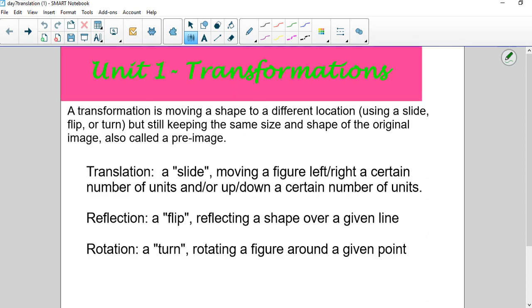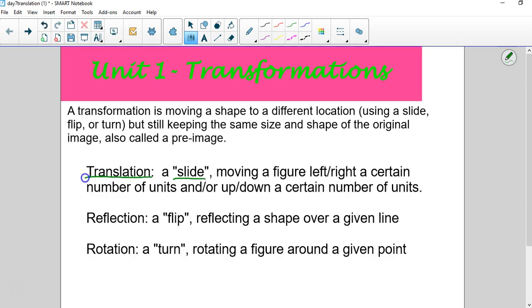So if you think about when you transform something, you change it. When someone goes through a transformation, they change. Okay, a caterpillar transforms into a butterfly. So we're going to talk about three main ones here. There is also a transformation in shape and size, but we're not doing that right now. Right now we are just going to do translation,